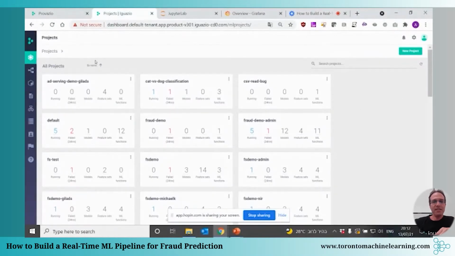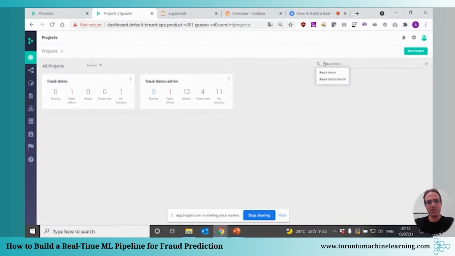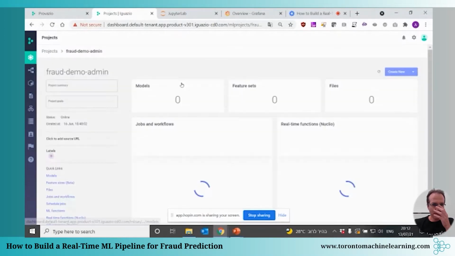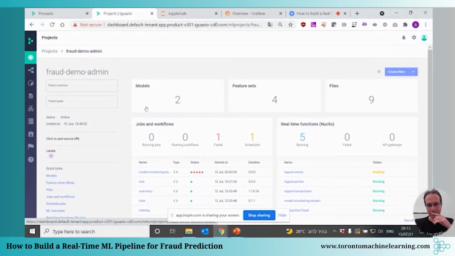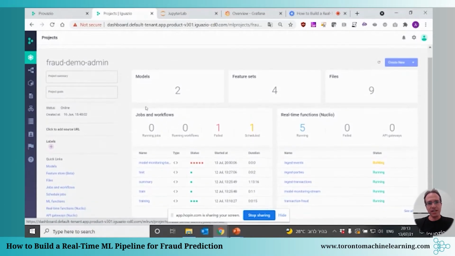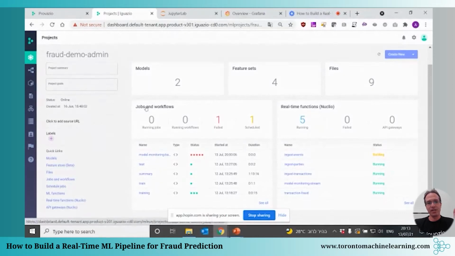So what you can see here is the Iguazio dashboard. We have all the projects that are running in my cluster, but we're going to focus on the fraud project. Everything here is in the context of a project. Once you drill down from a project, you get to see all kinds of operational information about the project: the models that are part of it, the feature store itself that has the feature sets and the feature vector, all kinds of artifacts and files that are part of the project, and the jobs and workflow. Things like the training of the data, feature selection, testing the models, all those types of jobs that are running in the project are part of the jobs and workflow.